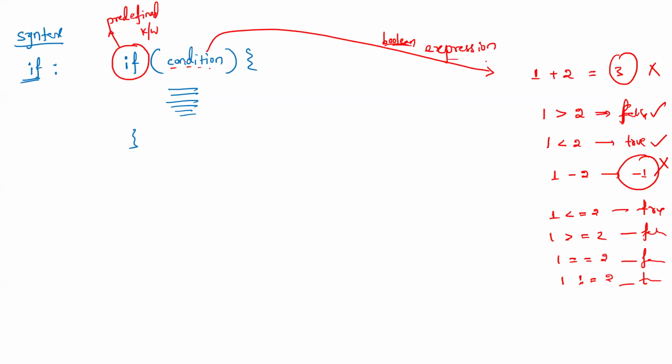So it means when this condition is true, then only this body will be executed. This is the only if. For example, in some scenarios, there will be an alternate part. So what is the alternate part? If else. Only one condition is required. If that is true, I want to print something. If that is not true, I don't want to print anything. So in such scenario, we'll go for only if condition. One condition, then go for if.